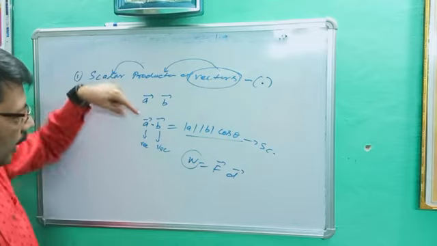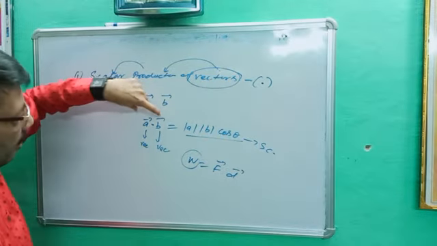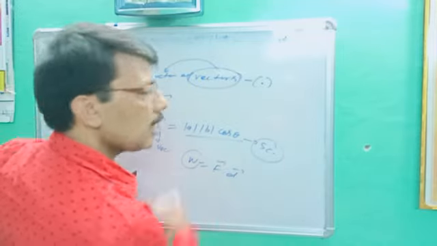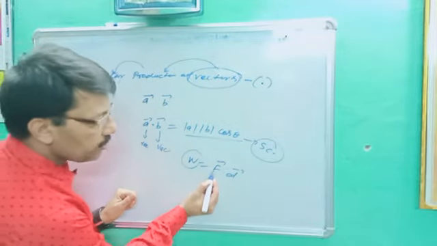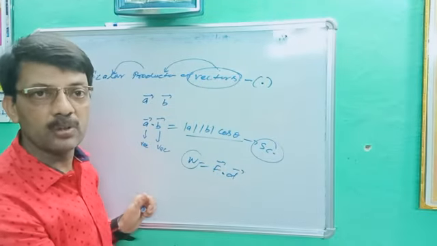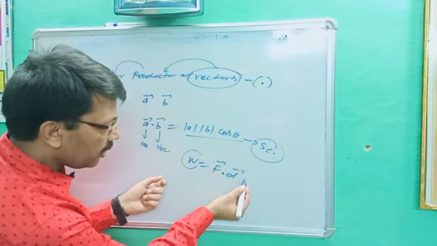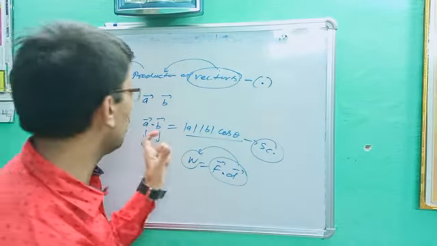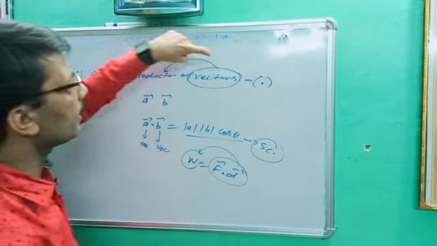As like this, a was vector, b was vector. When we multiply a and b, we are getting ab cos theta, and ab cos theta is a scalar quantity. In the same way, force is vector, displacement is vector. When we put the dot, I will tell how we can put the dot product. Dot means force into displacement, you better know work, and work is a scalar quantity. So this is the example of scalar product of vectors.